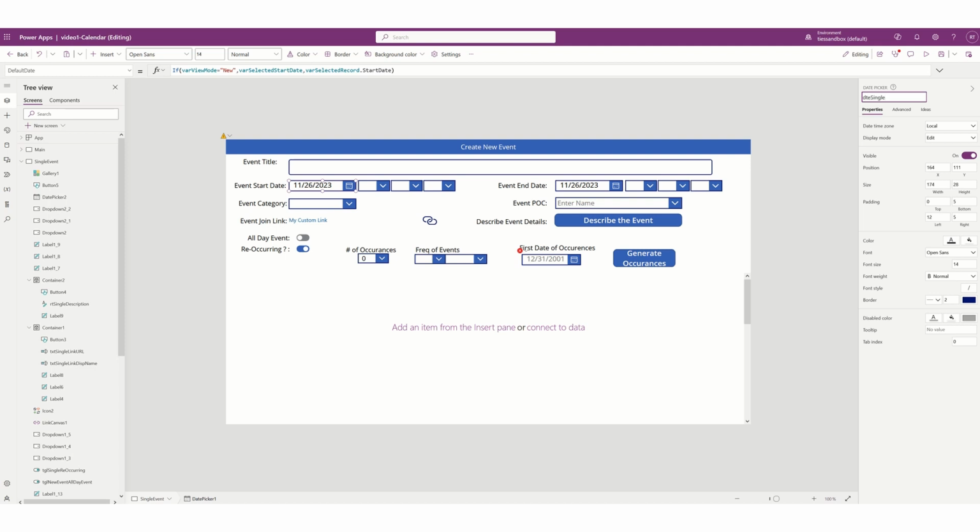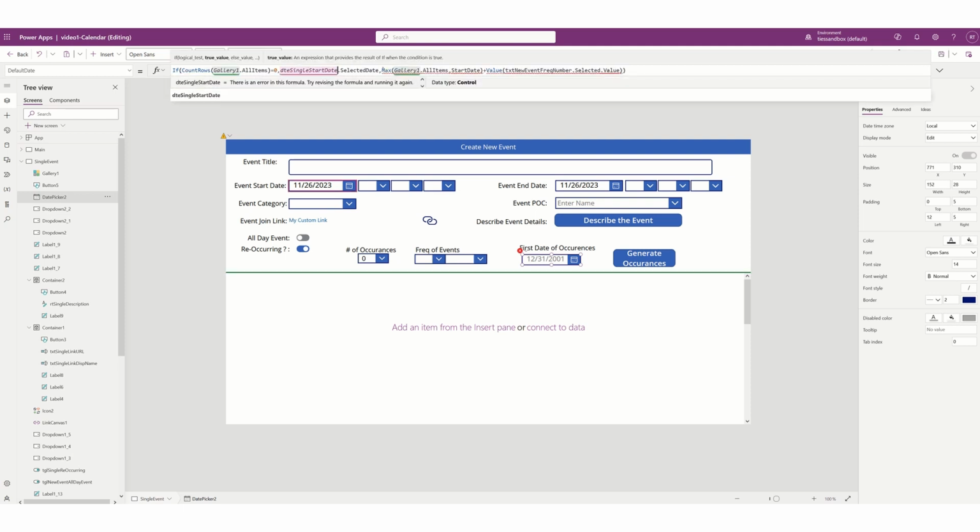single start date. Okay. We're going to grab that, go back to our date picker, change this to that, and then